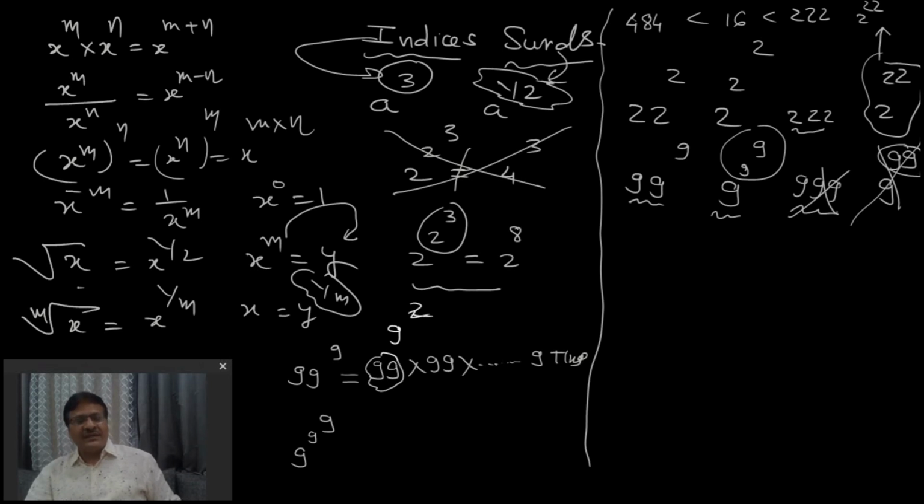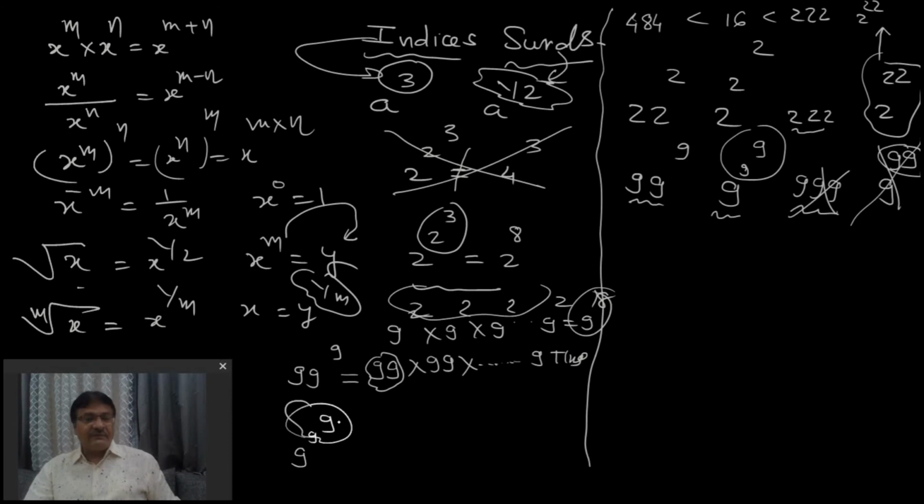9 cube is a very big number, so I will take 9 square, again 9 square, again 9 square. So if I take 9 times, then 9 2s are 18, so it would be 9 power 18. Yes, no, but it is 9 power 9 power 9. That's a very, very big number in comparison to this one. So definitely I can say that this number is bigger. The biggest number is this 9 power 9 power 9.